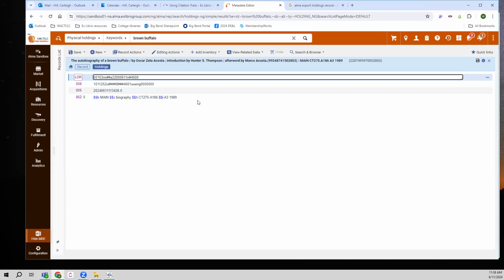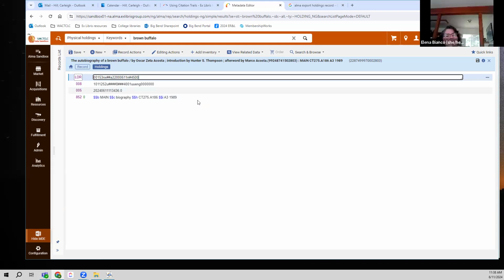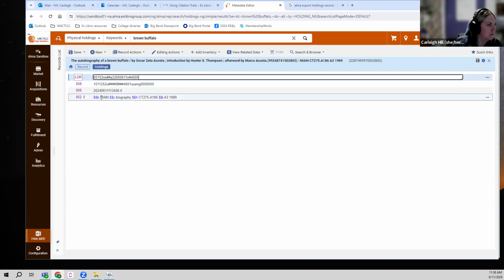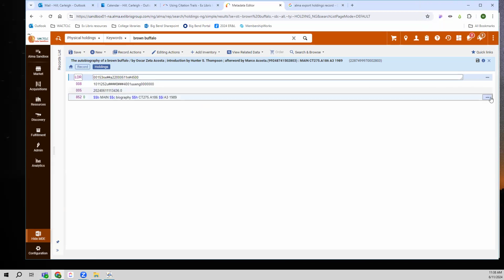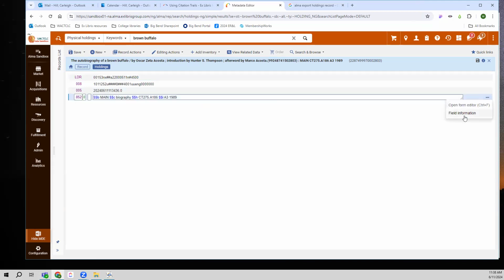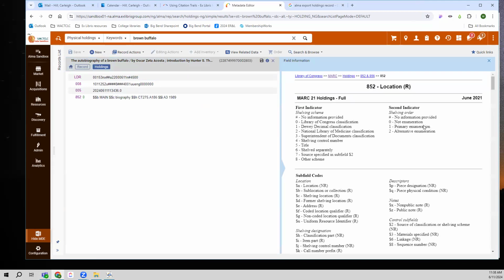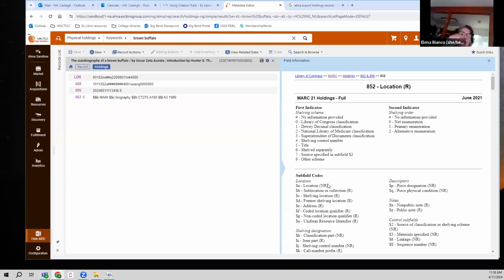Okay, so maybe the best option at this point is... So it doesn't make a difference that subfield B says main still instead of bio? Well, isn't subfield B the library? Yeah, subfield B is the library. Subfield C is the location within the library. Oh, okay, so it's still, okay. I'm getting it confused with what I had for,